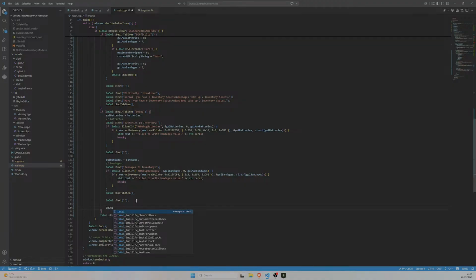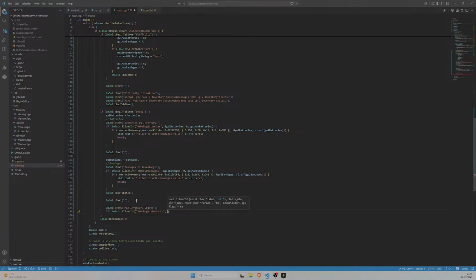if GUI text max inventory size, or actually, I'm going to call it max inventory space. And then we're going to do if GUI slider int debug space, and go in here, and